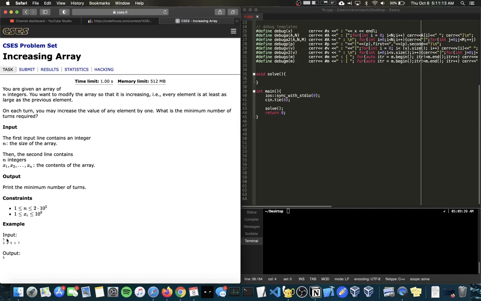So now 2 will become 3, then 5 is bigger than all the previous elements. 1 is less than 5, so we would increase 1 to 5, and then that condition will hold true. And then 7 is bigger than all the previous elements. So what we want to do is on each turn, we can increase any element by 1, and we want to find out the minimum number of turns such that it's true that every element is as big or larger